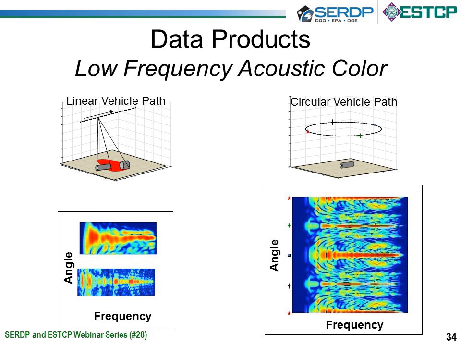So when we want to train an object or generate a template, which is something that we're going to match these segments to, we tend to do that in the circular SAS framework so we can compensate for the fact that in reality we don't know what orientation the object is going to be in. And then when we encounter these objects in a standard linear scan survey, we can take these acoustic color segments and compare them to the templates which have been generated in a circular SAS case.